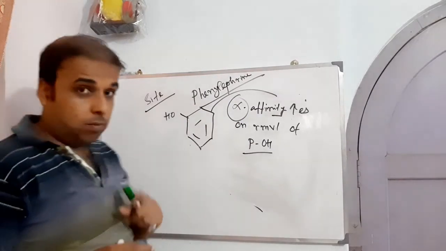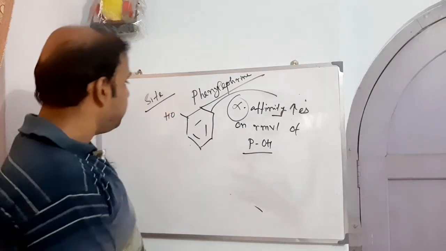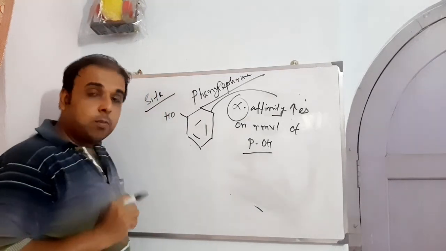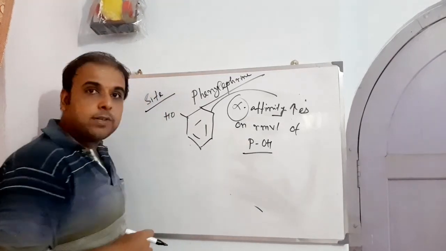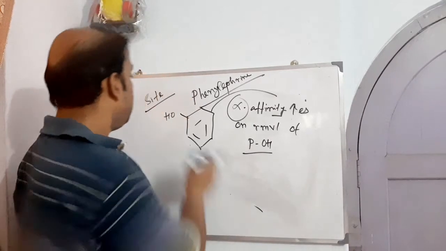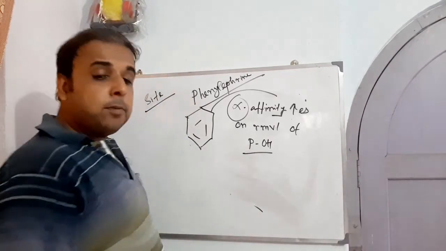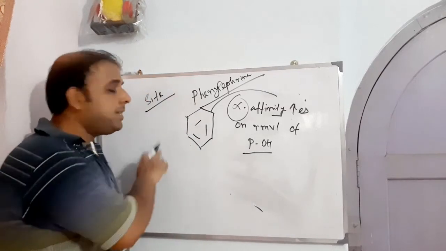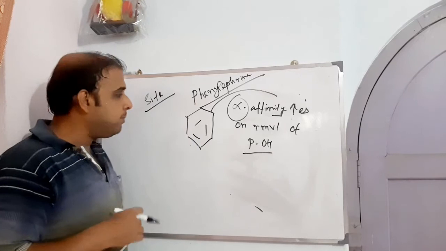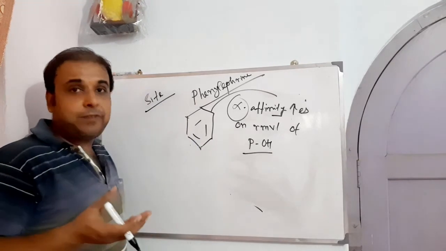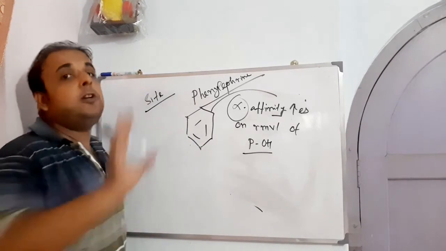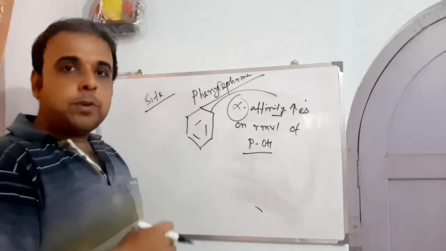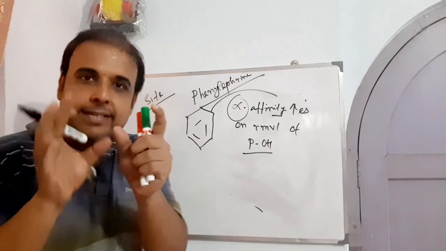Now, I'm left with another. As I told, we have removed one hydroxyl. What will happen if I remove both the hydroxyls? Yes, that is also possible. What they observed on removal of both the hydroxyls: earlier it was catechol, later we transformed it into a phenol, and now we don't want the phenol to be there. That is why both hydroxyls have been removed. We have just made it simply a benzene or phenyl.